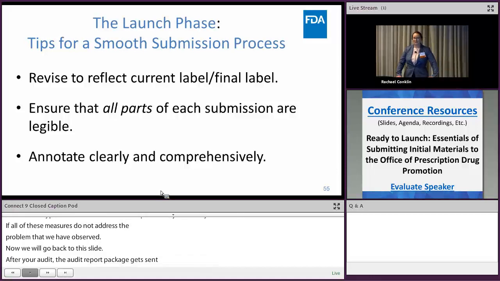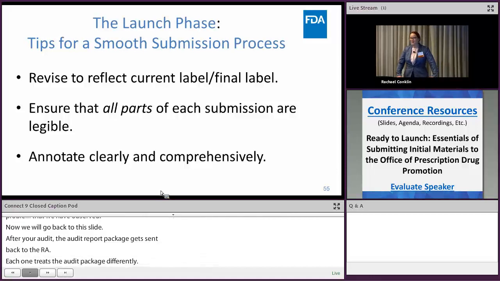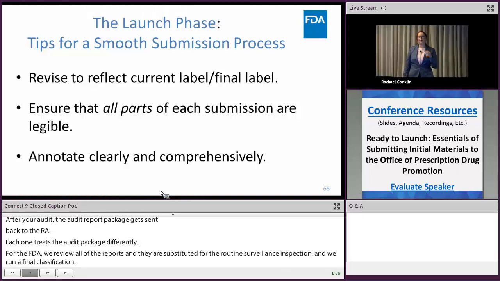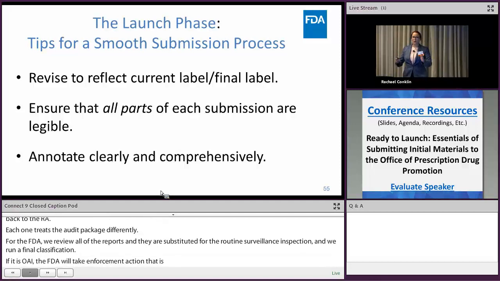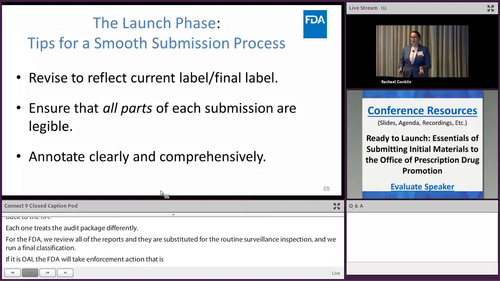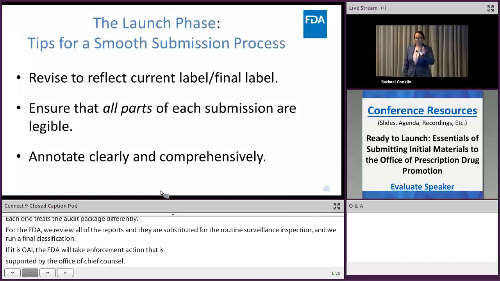So legibility. This is maybe my favorite topic because it seems like common sense, like we need to be able to read the materials in order to review the materials. But I think it's one of the most common things that happens, that we receive promotional materials in OPDP that cannot be read. So maybe parts of them are clear, but the footnotes are in tiny text, or it's a website that has been rotated and put into a PDF file or printed out onto a paper submission, and you can't read this tiny